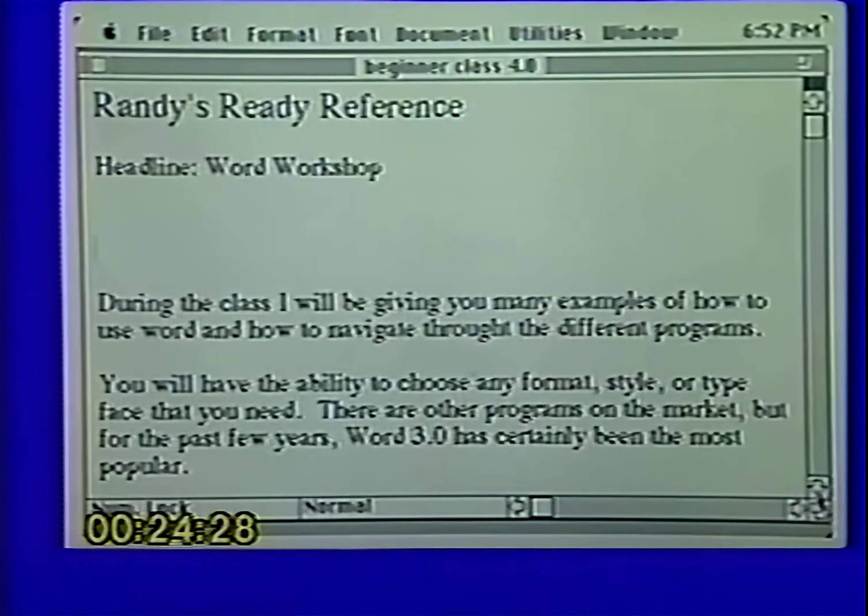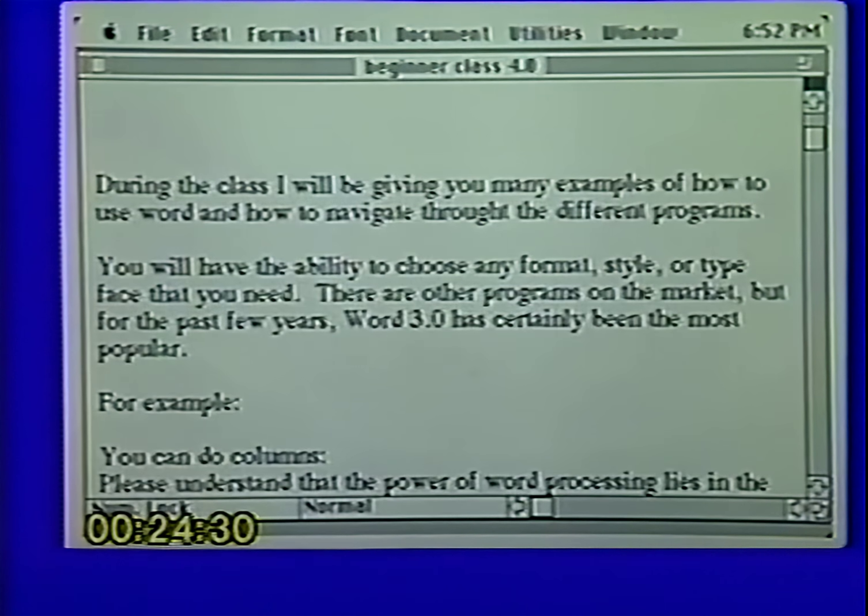Now the next one is not used a lot but does come in handy, and that is how to select an odd grouping of words. Let's say, for example, that you would like to select 5 words, or you'd like to select a paragraph and a half or a page and a half, the way to do that is to simply click where you would like the selection to start. Now in this case I want it to start right before the word I, and then go down and click where you want it to stop.